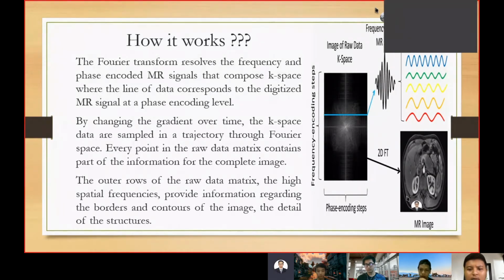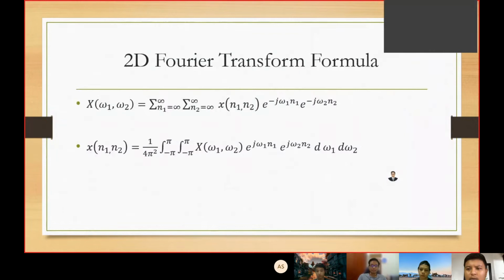Yes, so as you can see here, there is a difference in the brightness of the image. You can see that it is very bright, followed by a darker, then more bright and darker image. So in order to get these, next. Okay, so in order to get these, you use the 2D Fourier transform formula, which is X(omega 1, omega